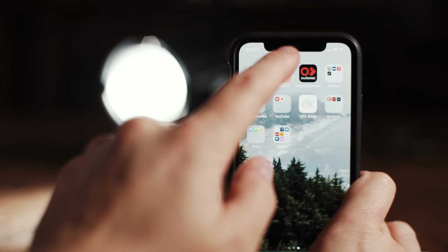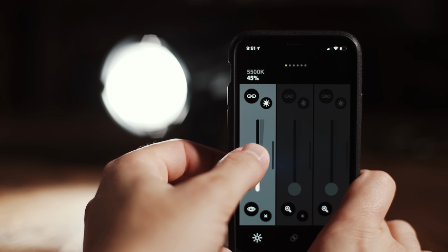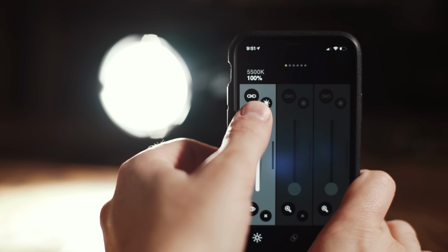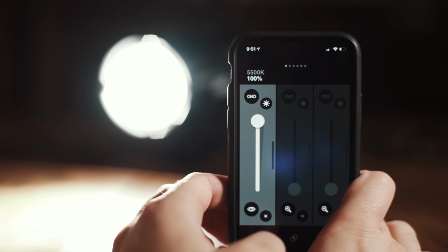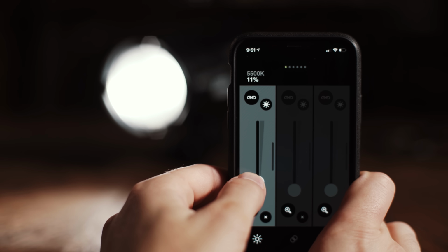You open the app on your phone and your phone will connect to the Practilite over Bluetooth within seconds. And you do not have to be close to the light either. You can be across a big room, like say a wedding dance floor, and your phone will still connect to the Practilite nearly instantly so you can control it. Now here are some examples of why this is a big deal and why this app has changed my life